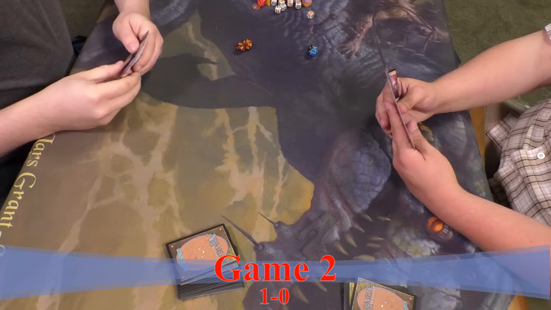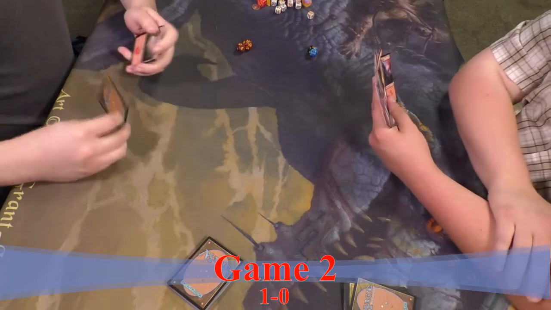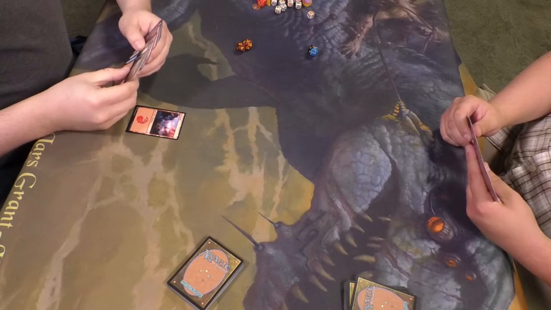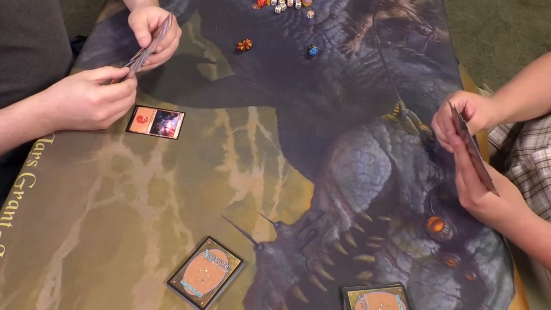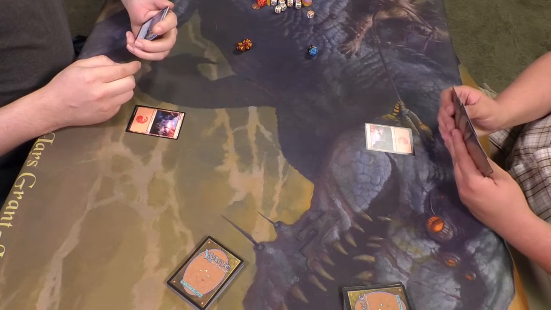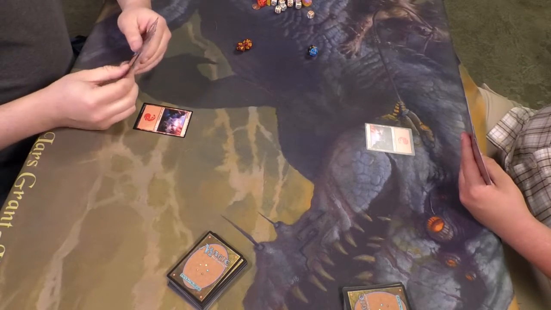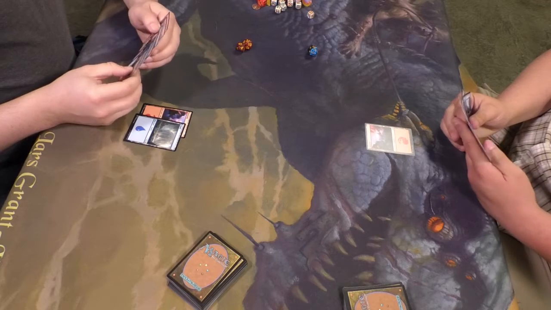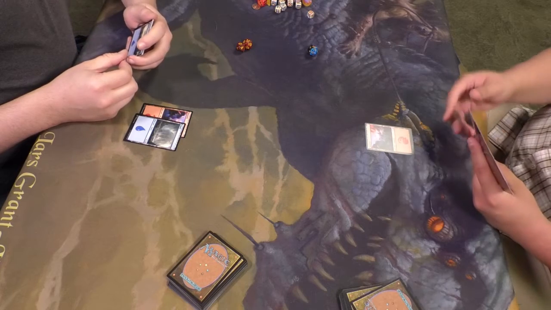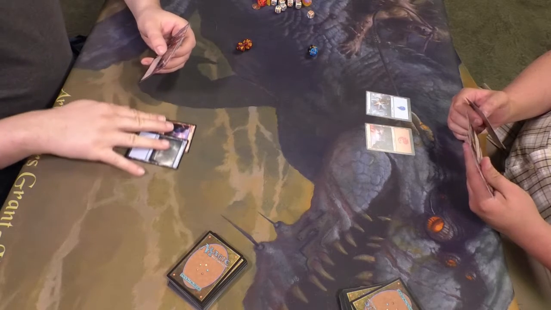I'm good. I like this hand. I'll keep it as well. Alright, so I'm on the play. I'm going to play this here, Mountain, and pass. I will draw. And I will play this mountain as well, and I will pass. Alright. I will draw. I will play this here island. And I will pass. Draw. I will play an island. And then I will...